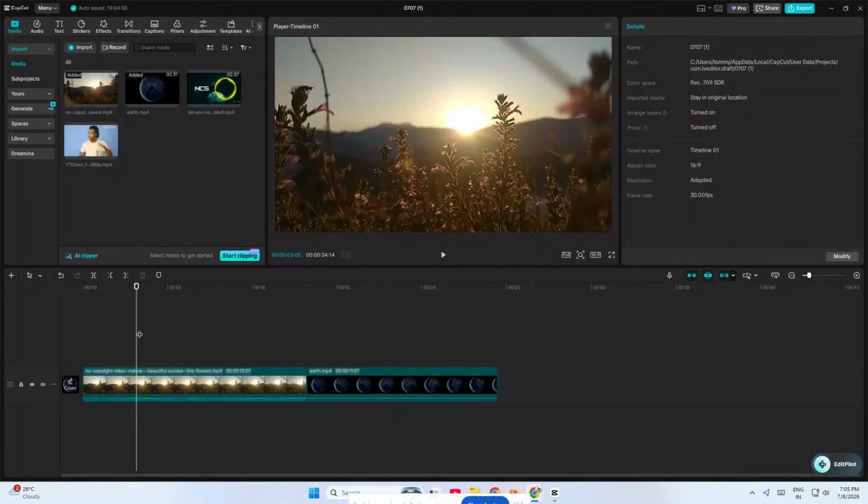If you want to create a clean white flash effect in CapCut, you're in the right place. In this quick tutorial, I'm going to show you exactly how to make a white flash in CapCut using a simple transition so you can add extra impact to your edits in just a few seconds. This is a great effect for punchy cuts, beat drops, scene changes, and making your videos feel much more dynamic